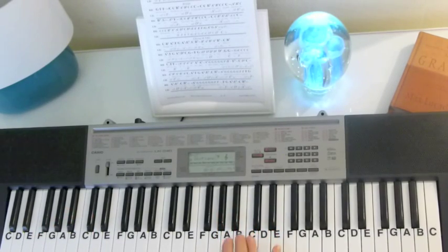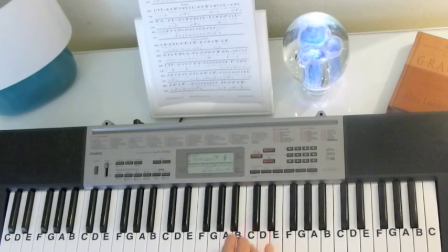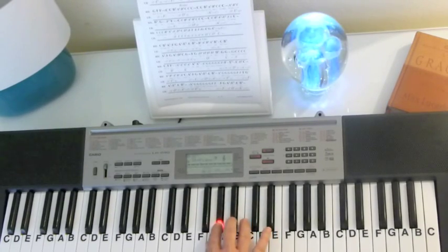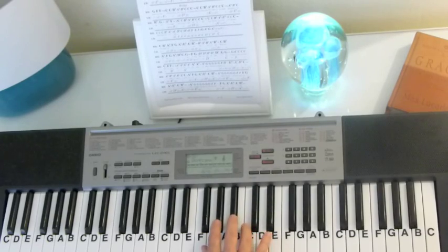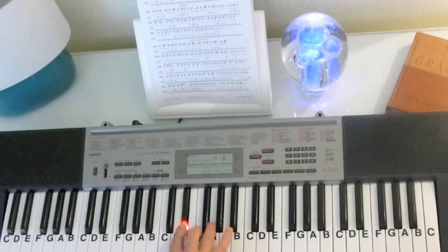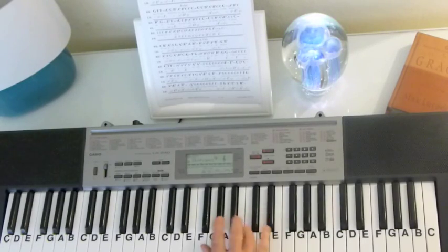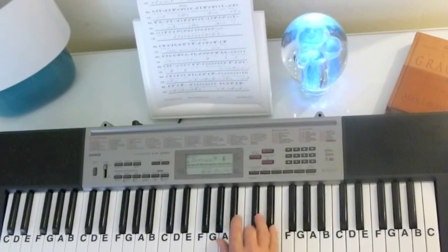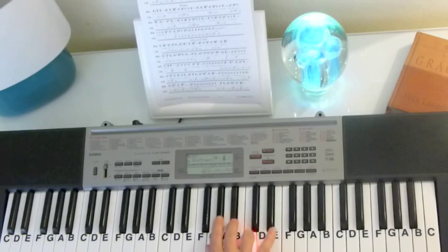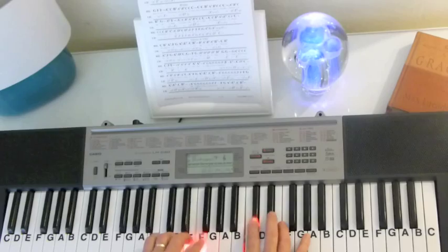So the bridge notes are C, C, B flat, A flat, B flat, C, C, C. C, C, B flat, A flat, B flat, C, C, C. A flat, B flat, C, B flat, G, E flat, F. And then the second time, up to E flat. And when she gets here, we're going to do the...